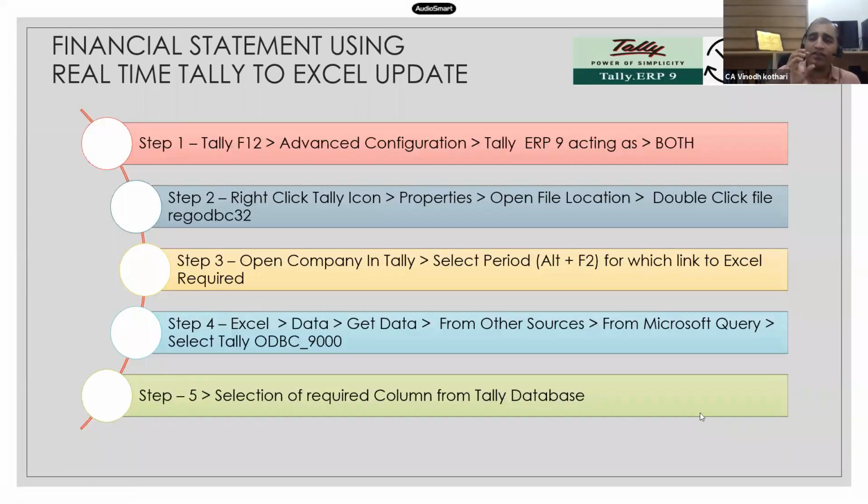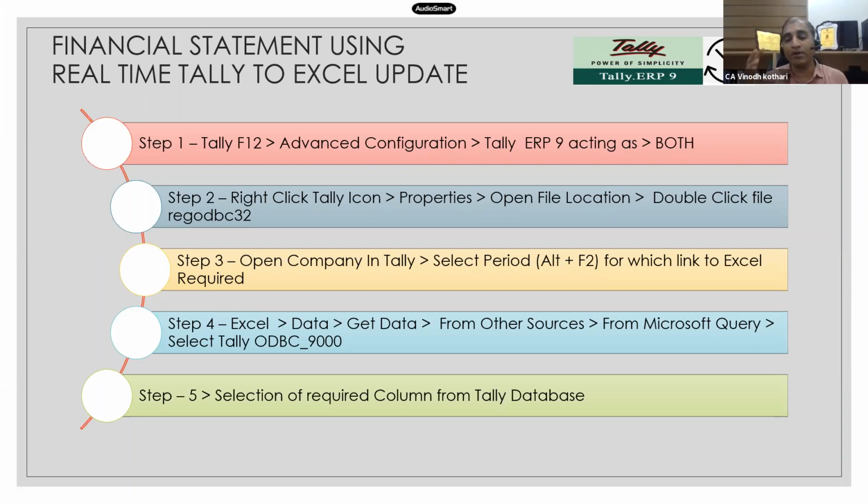If you see, the Tally data is maintained in a database format. We have already seen that multiple relational databases are there, some 200, 300 databases internally in Tally. In every database, there are multiple fields, such as ledger name, closing balance, opening balance, address. In every database, there are close to more than 100 fields. So there are hundreds of databases and then hundreds of fields.